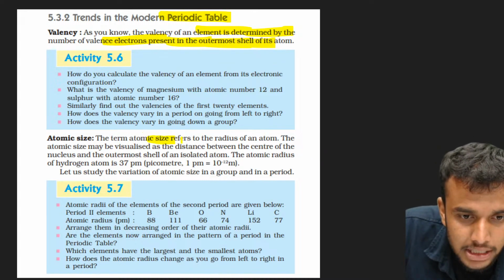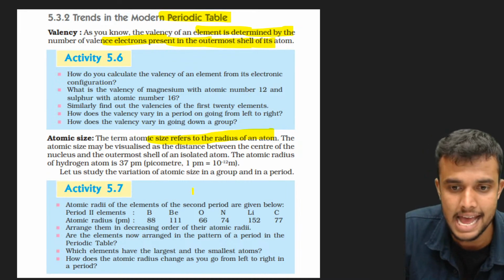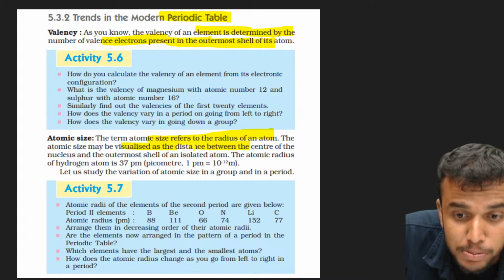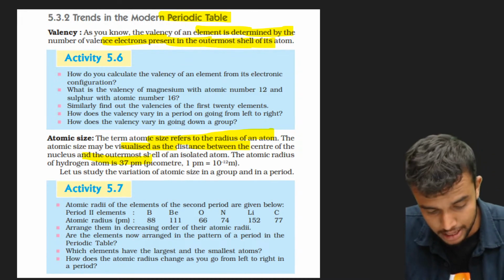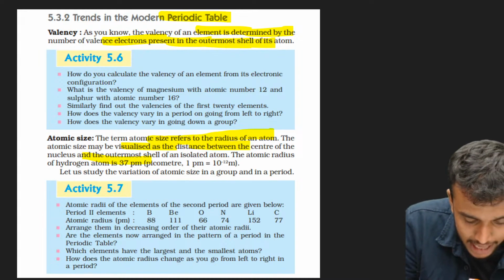And atomic size. The term atomic size refers to the radius of an atom. Atomic size is nothing but the radius. The atomic size may be visualized as the distance between the center of the nucleus and the outermost shell. It is the distance between the center of the atom and